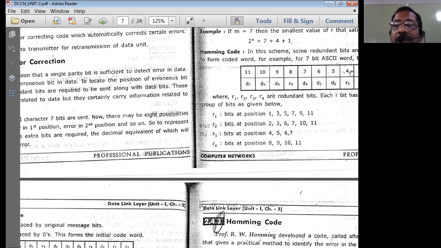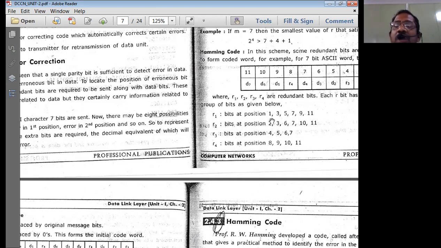So that is why we incorporate this logic. I repeat the logic once again. R1 means what? How do you write R1? First of all, write down R1, R2, R3, R4, then the bit set positions, the various positions. Now you have to consider all these bit positions to find out R1 at the receiver. You have to use all these bit positions to find out R2 at the receiver. You have to use all these bit positions to find out R3 at the receiver. Like that, you have to use all these things.